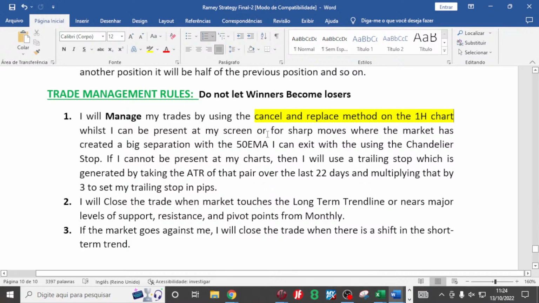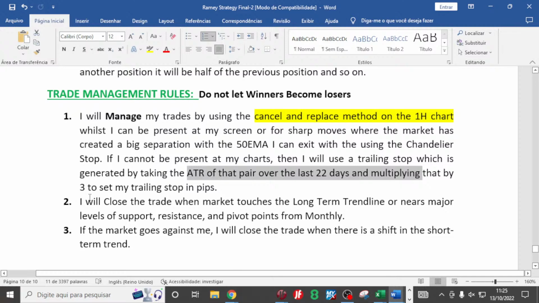I can be present on my screen, or for sharp moves where the market has created a big separation with the 50 exponential moving average, I can exit using the chandelier stop. Okay, so this is going to be on Trading View. Forex, I believe, does not have chandelier stops. If I cannot be present at my charts, then I will use a trailing stop, which is generated by taking the ATR of that pair over the last 22 days,